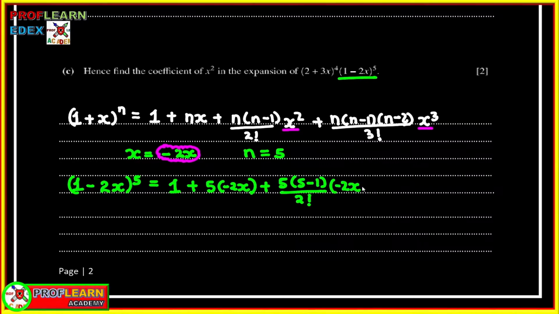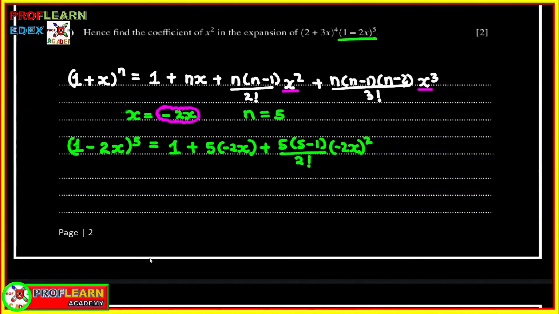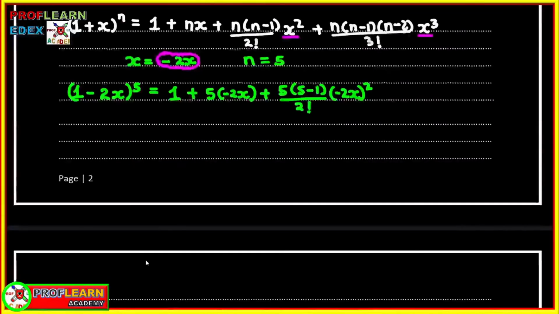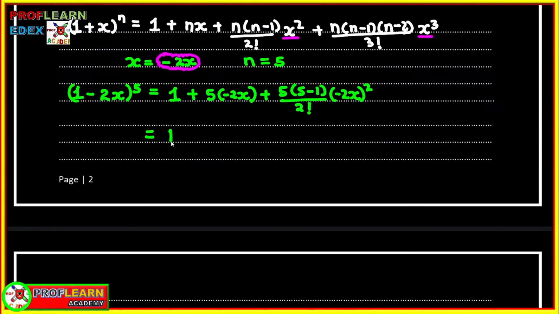Let's just stop there, because we are going to be having the coefficient of x squared. This is enough because already we have negative 2, that is x raised to power 2. So if it's going to be multiplied by the first expansion that we had obtained, we can get x squared. So if we simplify this, we're going to get 1 minus 10x, then plus 40